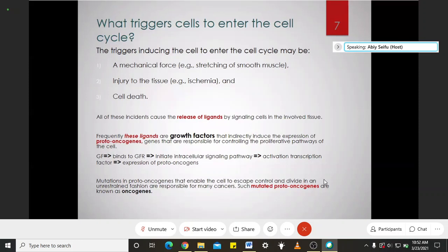These proto-oncogenes are genes responsible for cells to undergo division. So in general, the mechanism, in short, is that first there is a growth factor, which is produced as a result of these triggering factors. This growth factor binds to growth factor receptors, which are located on the cell membrane. Then these growth factors initiate cascades of intracellular signaling pathways. These signaling pathways ultimately result in activation of transcription factors. These transcription factors cause expression of proto-oncogenes. Proto-oncogenes are genes in the chromosomes that initiate the cells to enter into the cell cycle. So any damage to the proto-oncogenes